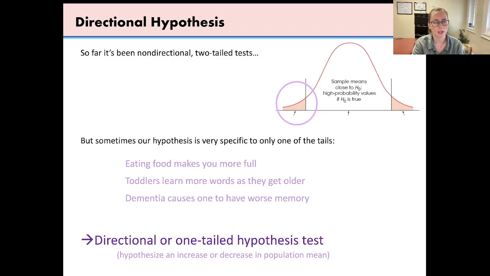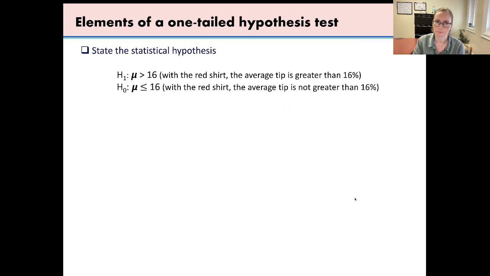Even if you think that it goes in one direction, you want to play it safe and propose a two-tailed hypothesis. So going back to the example of a female waiter server wearing a red shirt, that men are going to increase their tipping behaviors. So if you were to pose that as a